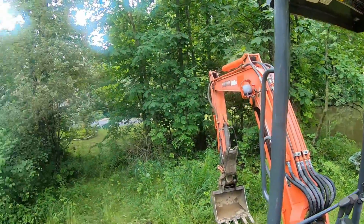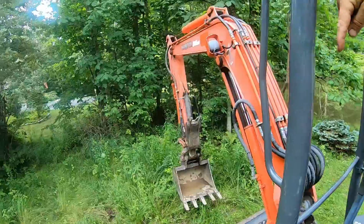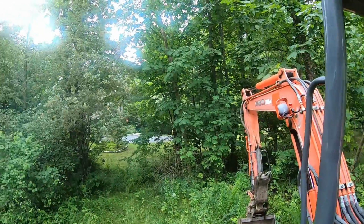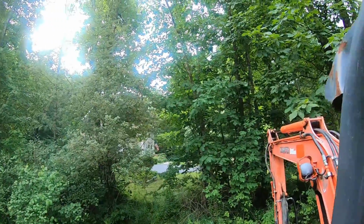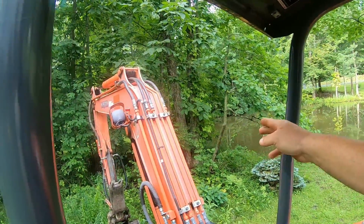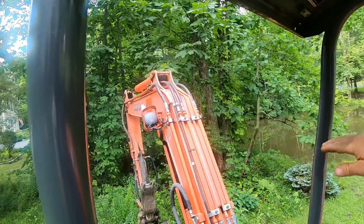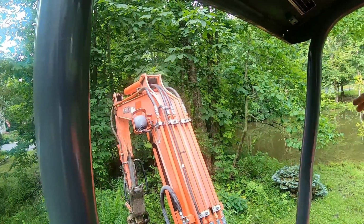All right, so what we're doing here is we're just going to explore right here over to there and try to find that pipe that's coming out. I believe it is at the water's edge. I looked at the culvert. The culvert's got sediment built up about 10 inches